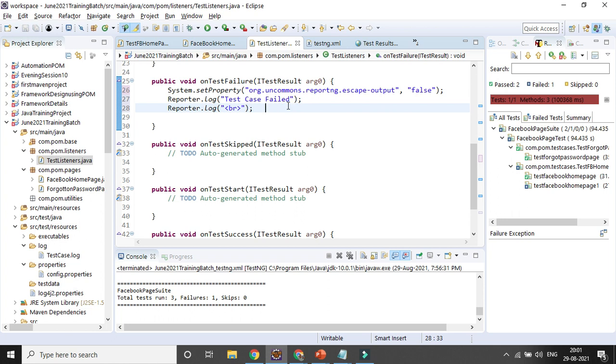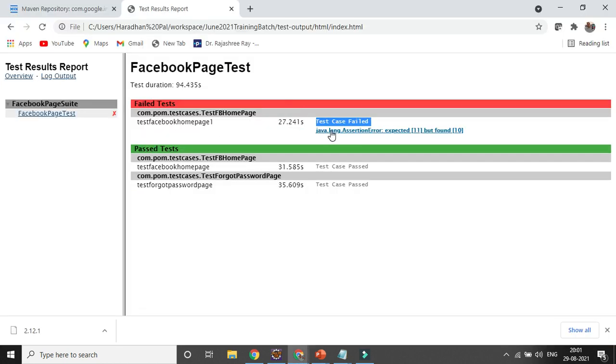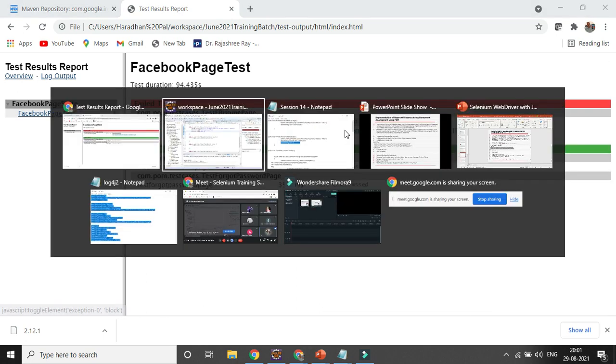Now I will try to cover how you can capture the screenshot, right? And how you can implement those as part of a ReportNG report, how you can customize ReportNG. Suppose here the failure is coming, right, but I want to visualize that some screenshot should be added for the failure. How can that screenshot be added here, and how, if I click that screenshot just like that error message, how can I get the screenshot, right? So that also I want to implement.